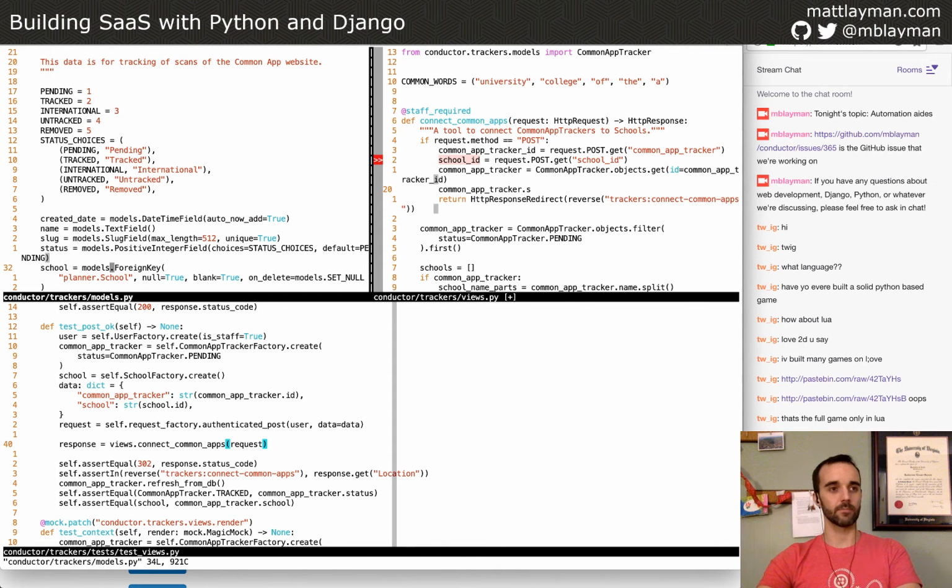Table, spreadsheet, whatever term floats your boat. This row of information is like the date, the name, the slug, this status field, and this school foreign key. And a foreign key is really an identifier to a different table.